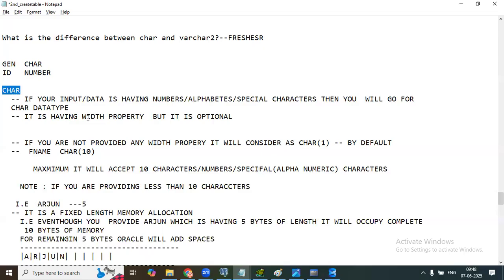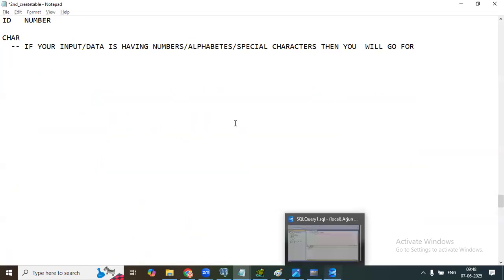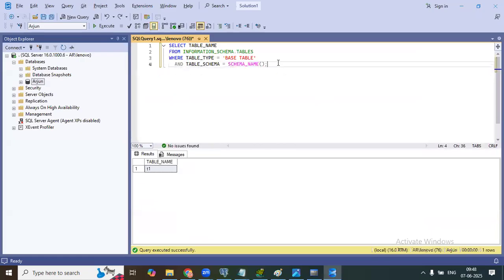But CHAR does not need a width property. It's not mandatory, it's optional. If you're not providing any width property, it considers one. That's what happens in SQL Server also. I just created a table like this: create table T3, ID int, name varchar, keeping it like this.